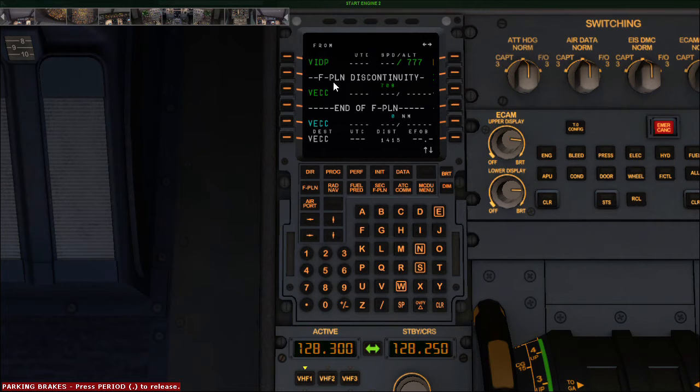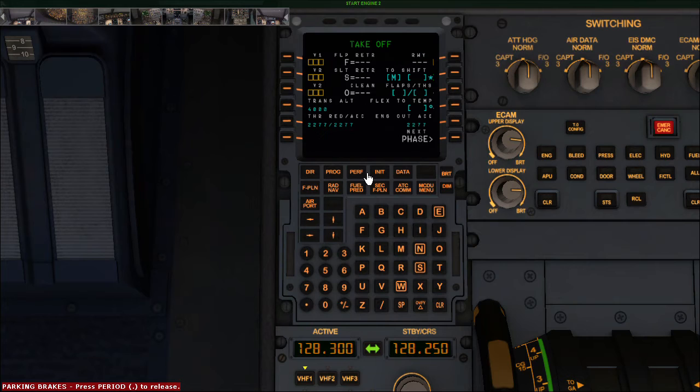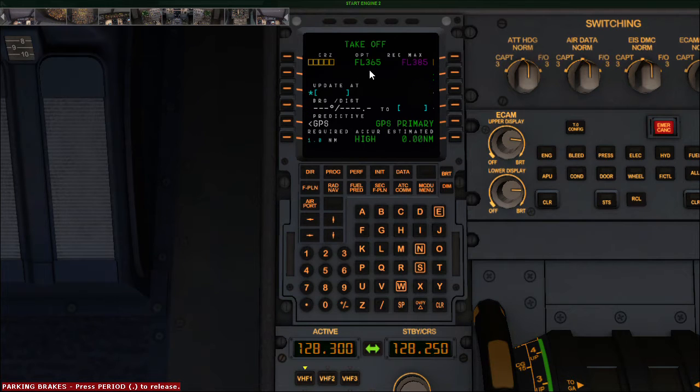This is also green. You can change these things, but you cannot change this FL365, flight level 365. I will be coming to the PROG page, but before I start, this is all about the configuration and the key points about the MCDU.